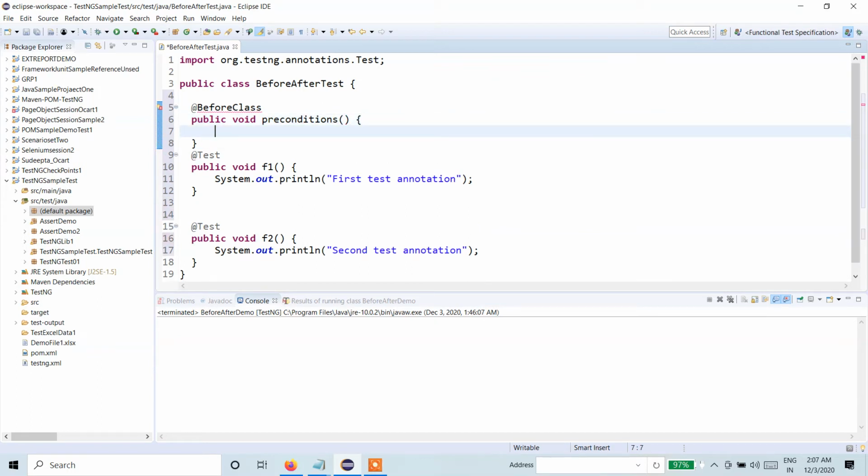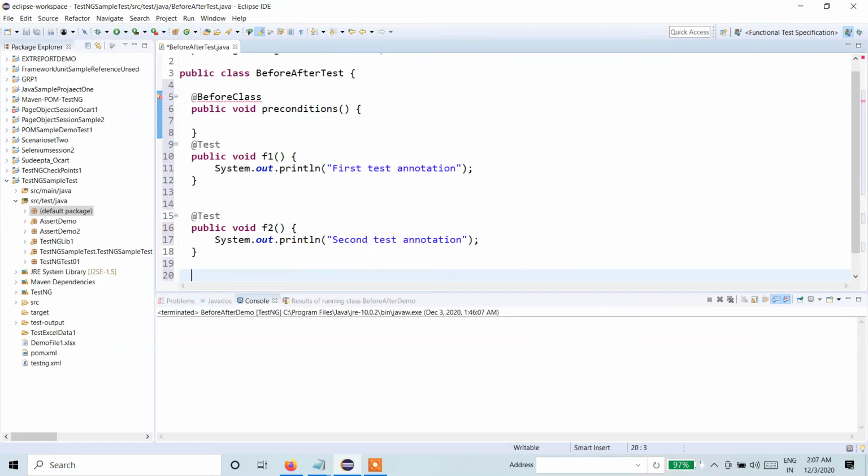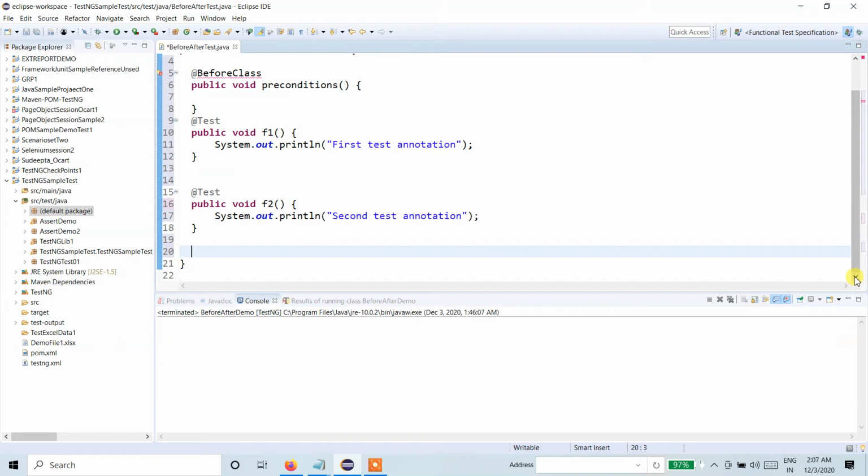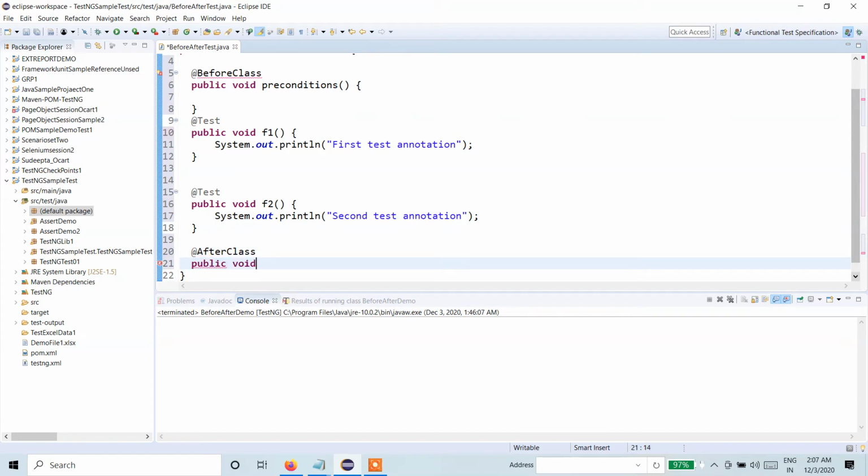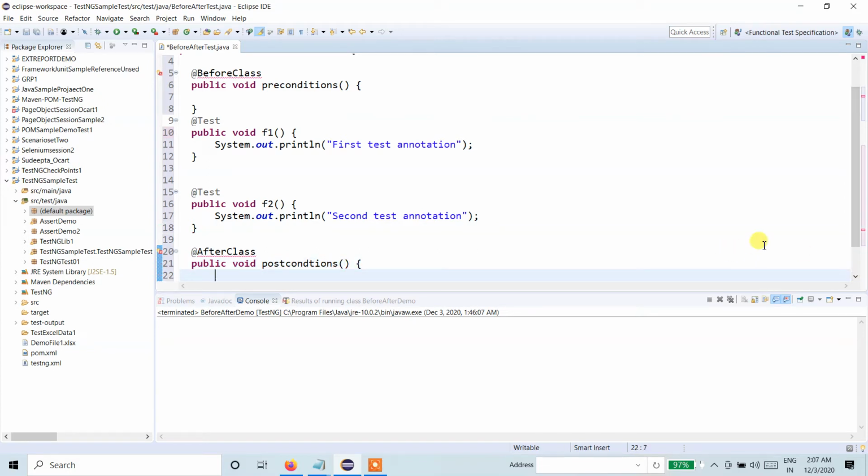Finally, after all the test annotations, I can use @AfterClass, and here postConditions. The method name is meaningful: all the prerequisites we specify in BeforeClass, and all the post conditions we specify in AfterClass, after executing all the test cases inside the test annotations. That is simple to understand.